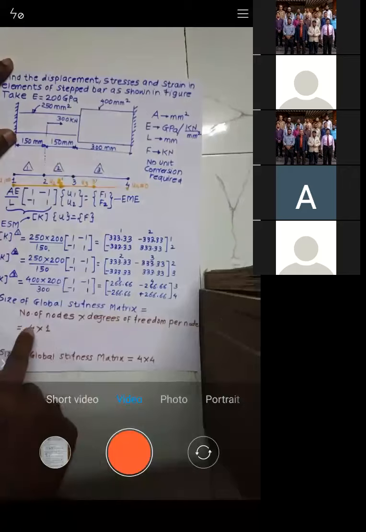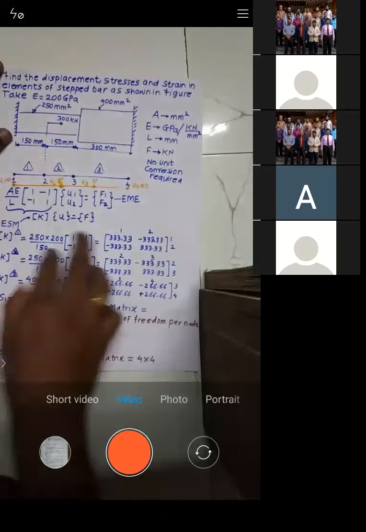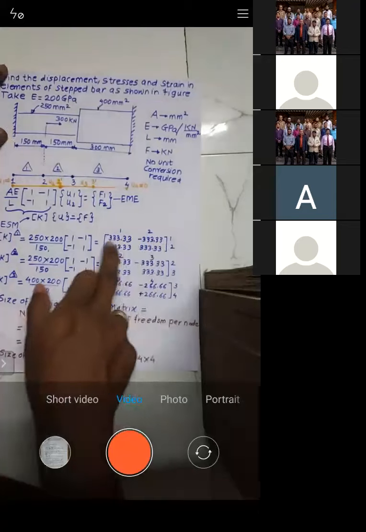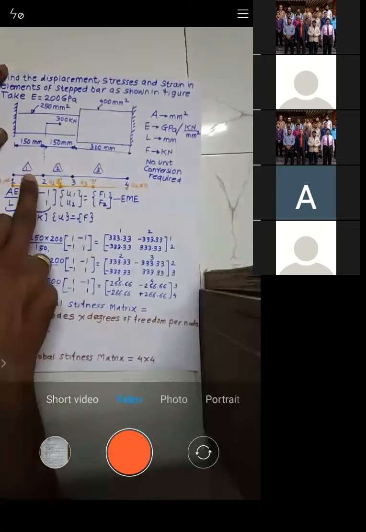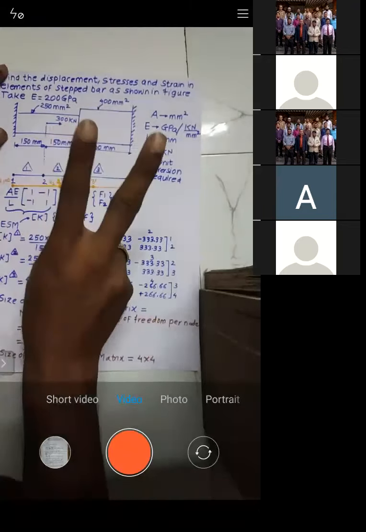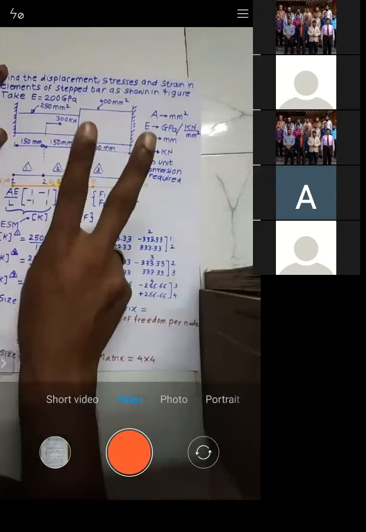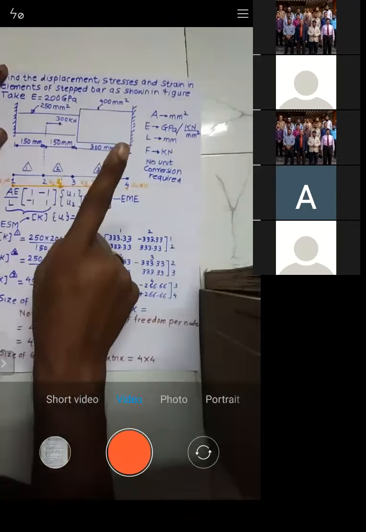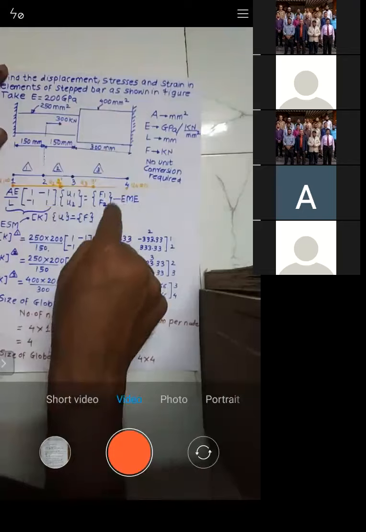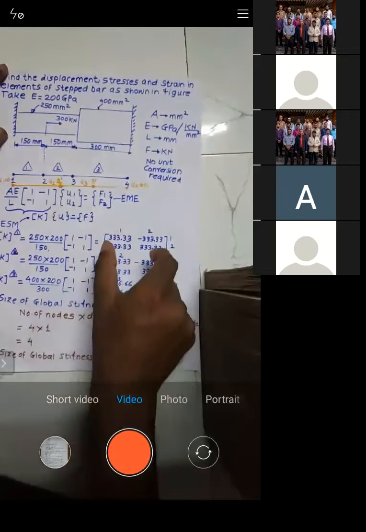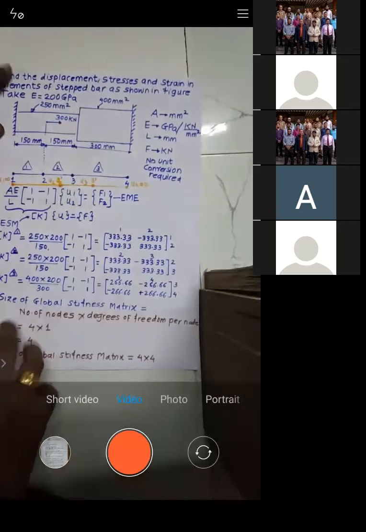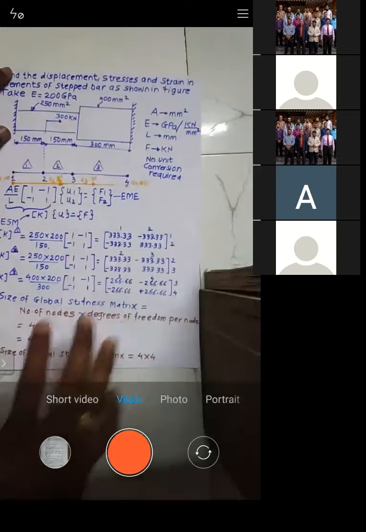There are 2 nodes and each node can move in one direction, so 2 into 1 is 2. So the size is 2 by 2. Is that okay? Why is the size 2 by 2? Because every element has 2 nodes, and each node can move in one direction. So 2 into 1 is 2, and the size is 2 by 2. Right? So this is what we will get as the element stiffness matrix.